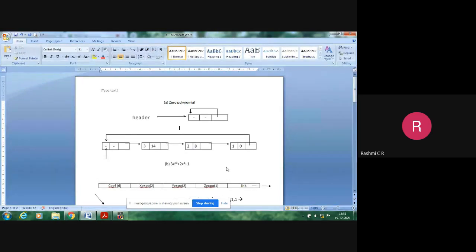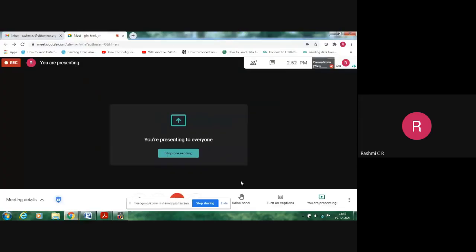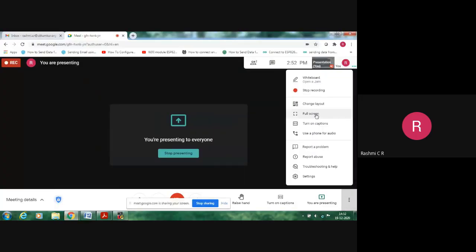Before starting with the implementation, let us understand the concept. When you consider a singly linked list, you already know that a linked list is a collection of nodes where every node will have the data part and the link part. When you consider the polynomial, what will be the node structure of the polynomial? A polynomial will have the node structure depending on its coefficient and the exponent part. Normally, your node structure will look like this. I will just explain the node structure before proceeding.